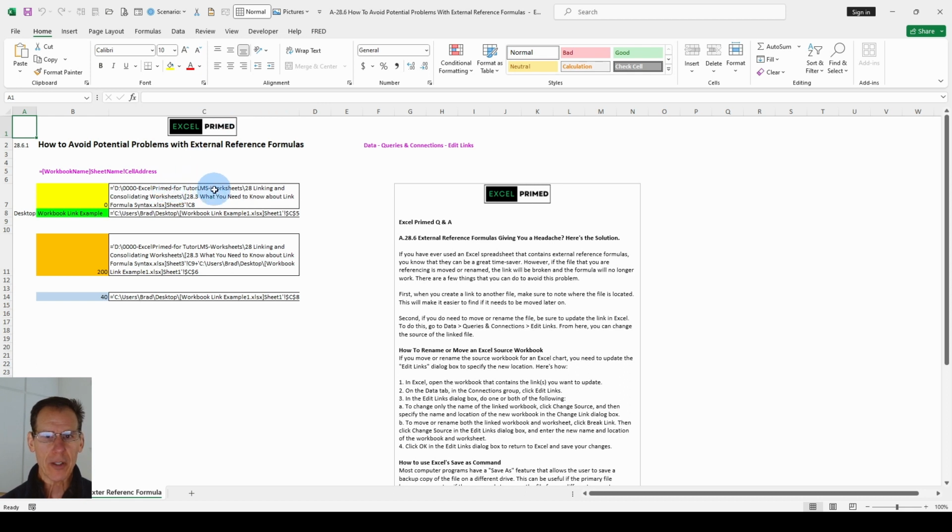External references. What do I mean by external references? Going out and capturing information from a different workbook, worksheet, a different source. I use it all the time, but you need to be careful. The reason being, well, I'll explain why it's so important to incorporate the proper format when you're grabbing information from